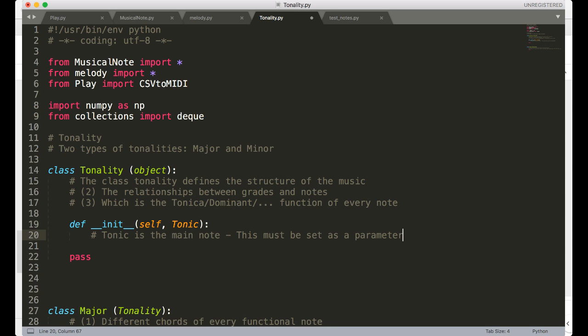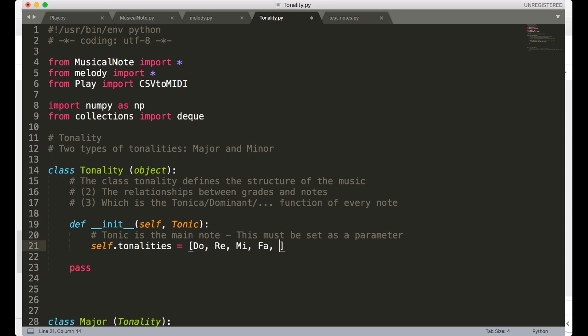Okay, so additionally we have to give the set of different tonalities. For now we are going to give only the most basic tonalities. There are some other tonalities such as do sharp or re sharp or sol flat for sure, but for now we're going to focus only on the most simple one, which is the one that you are seeing now. And now if I want to reorder,